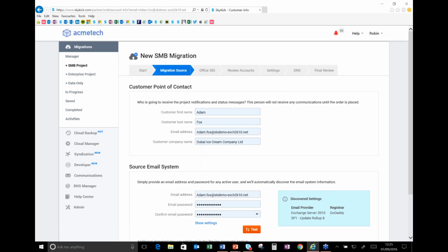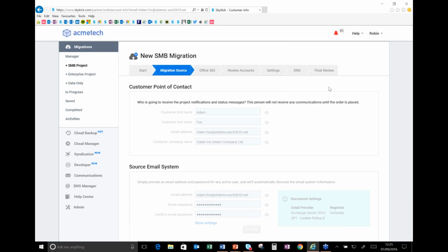Now, that username and password does not have to be an admin. It can be an ordinary user. It can be a blank mailbox that the customer creates for you. It doesn't contain any data that enables you to look up what the customer has got. So that's all you actually need to type in typically to do a SkyKick discovery and migration if you wish